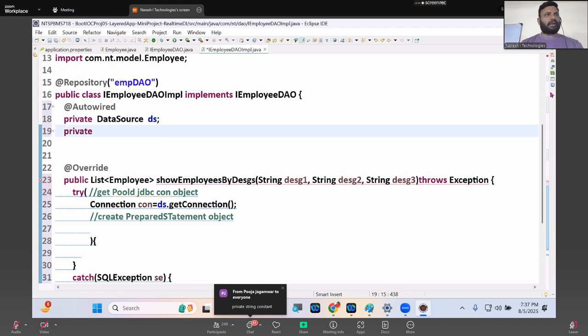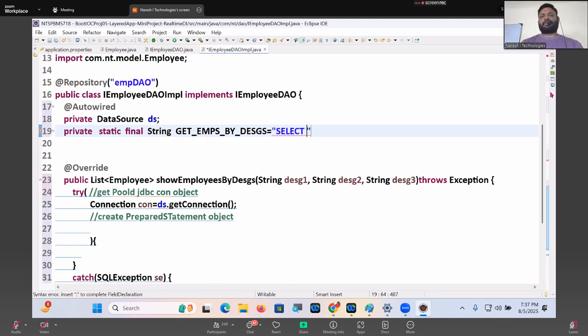Private static final String. Tell me, GET_EMPS_BY_DESIGNATIONS. What is there? Employee number, employee name, job, salary. Okay, though 8 columns are there, I am looking to get only 4 columns. FROM EMP,